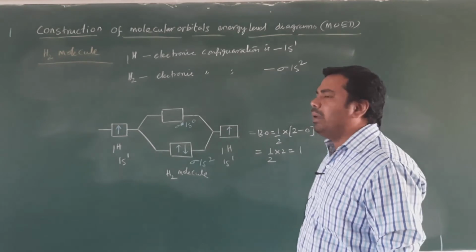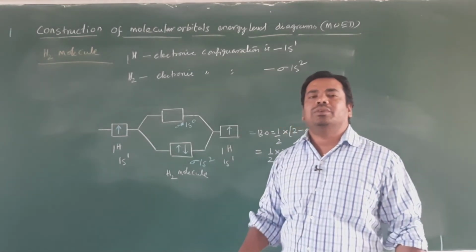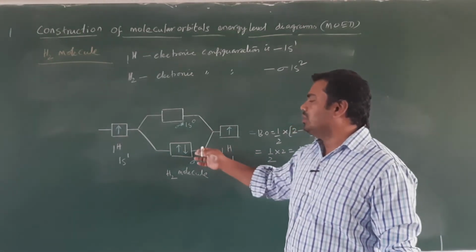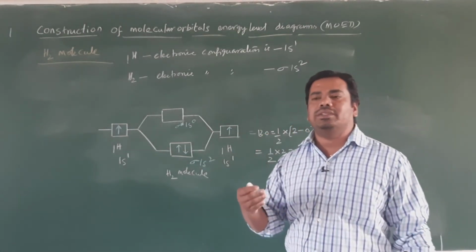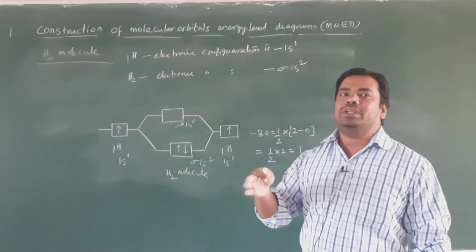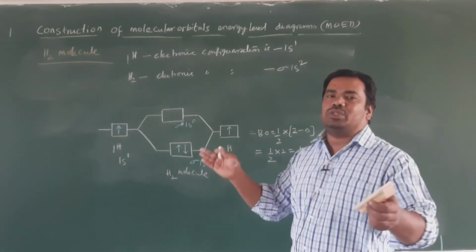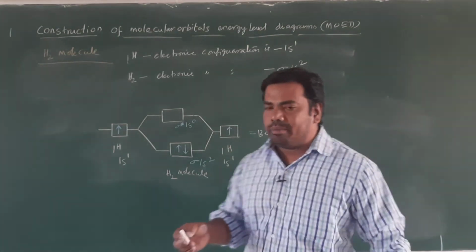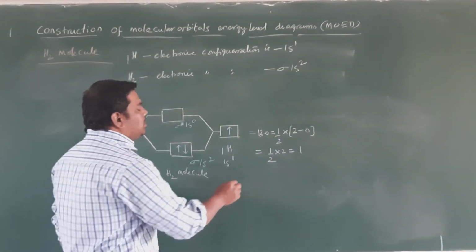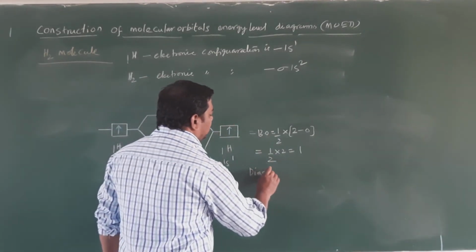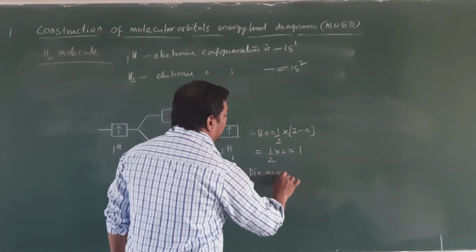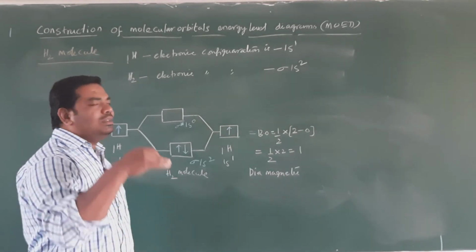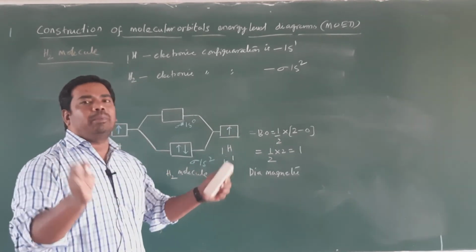If the electrons are paired up, what will happen? Due to the electron repulsions with the applied external magnetic field, the magnetic force of lines cannot travel into the substance, so it repels the substance. That's why it exhibits the diamagnetic property. So what is the magnetic property of H2 molecule, student? Diamagnetic, because the pairing of electrons repels the external magnetic field. Therefore the magnetic force of lines are repelled from the substance.